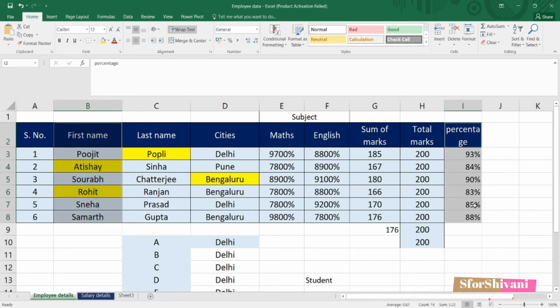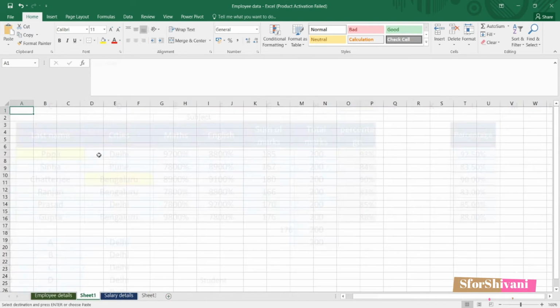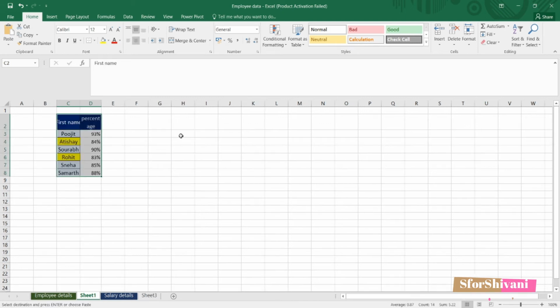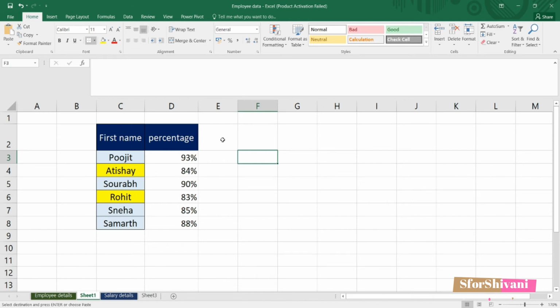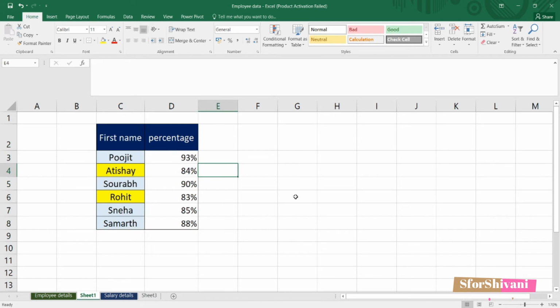Now press Control and C. This will copy it. Go to the new sheet, select a cell and press Control and V, and it will be done. Now if you want to give this one a border, just select it. You can select it using Control and A and press Control, Shift and the ampersand key, and it will give an outside border to this table.